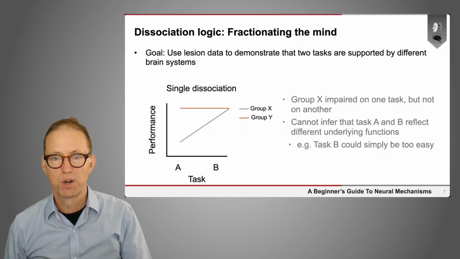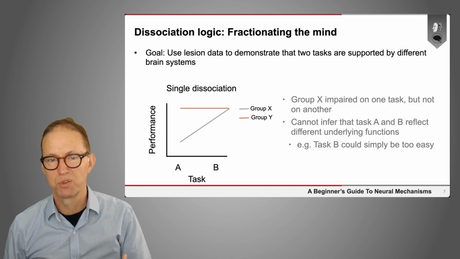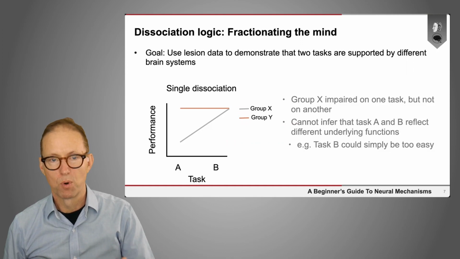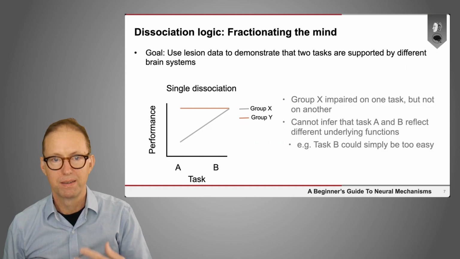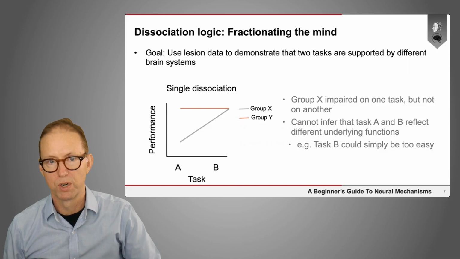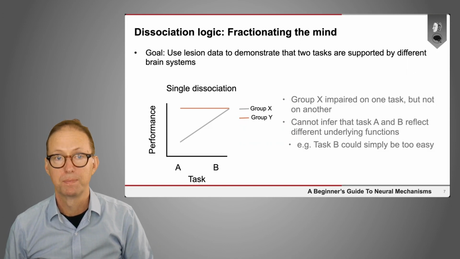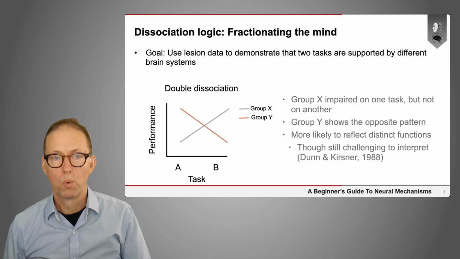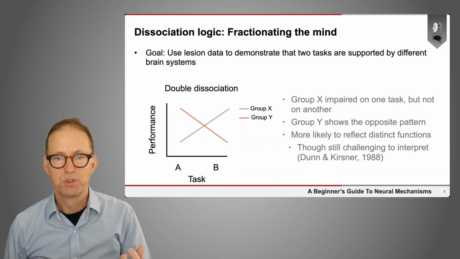Now, we can't infer from this that the two different tasks, A and B, reflect different underlying functions. For example, it could be that task B is just way too easy. And if we had a more difficult task, we might actually see that group X would also be impaired at that. So what's more often used is something called a double dissociation,